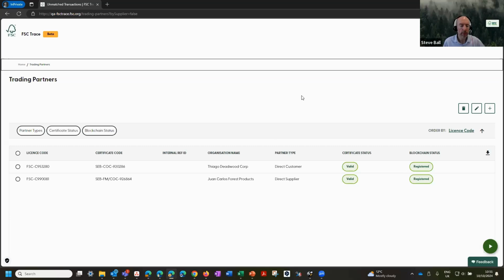Yes, we will do some basic checks. If you're an FM COC certificate holder, then you will have the opportunity to upload your total certified area. We have a tool that was recently launched to do that, and we will encourage you to upload that area before you start uploading any harvesting blocks, because then once that is uploaded, we can check any harvesting blocks and check that they fall inside that,